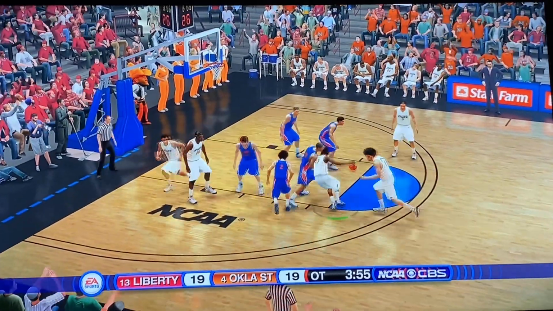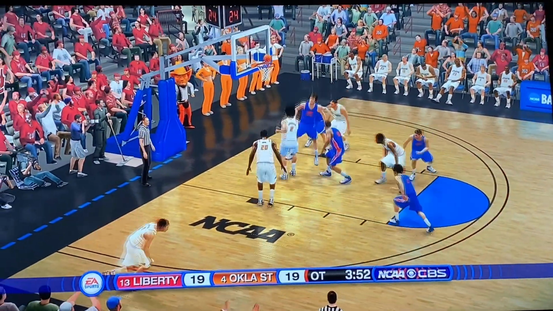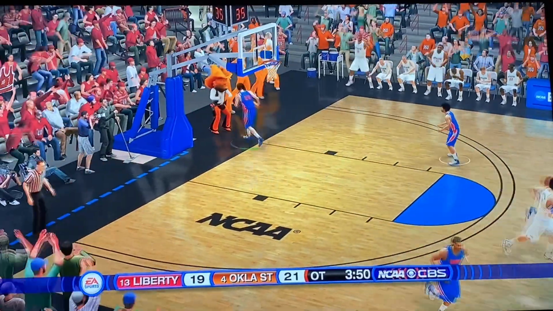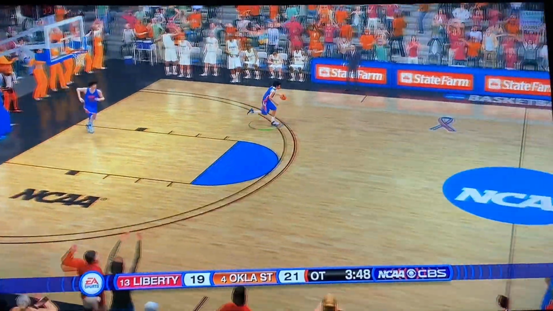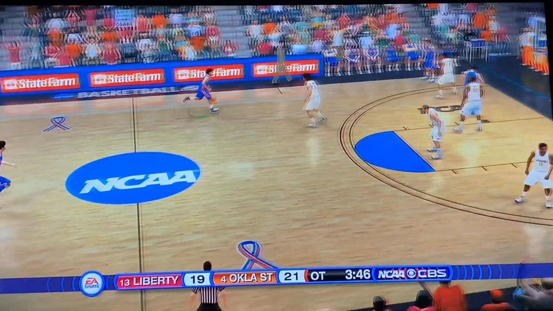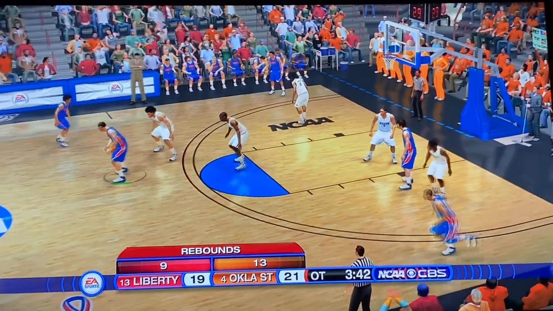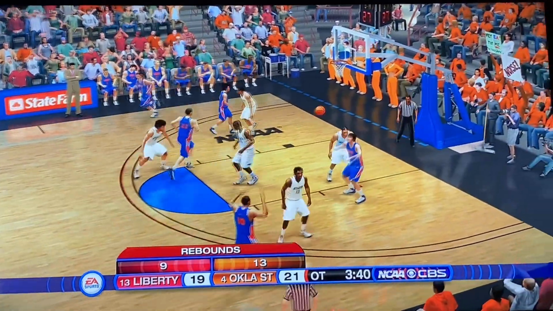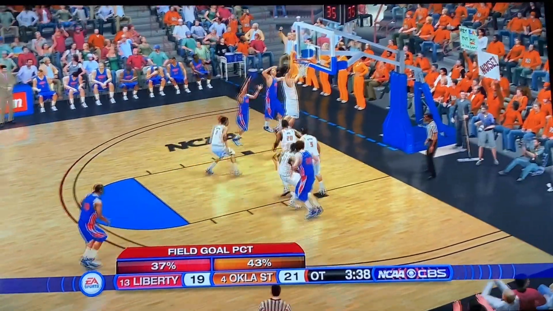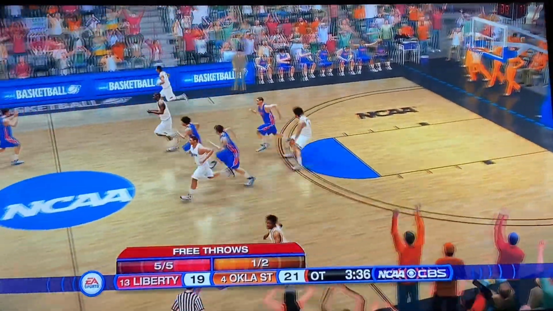Cunningham out to Lakiki. Back to Cunningham. What a play there. See, why hasn't Oklahoma State been playing like that all game? They've been settling for shots. They haven't been doing any movements there. They got to play through Cunningham. He is their star player. Looking down low to Liberty. Looking for the tie. Not able to connect. Cunningham getting the rebound.